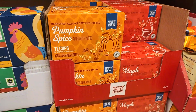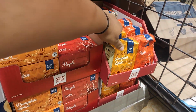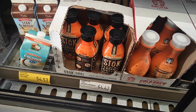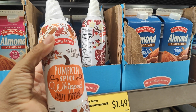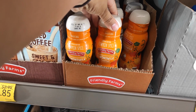So of course they have the K-Cups, and then they also have the ground coffee as well, which comes in both pumpkin spice and maple. And then they also did have the pumpkin spice cold brew coffees, as well as the Chobani coffee creamer. And they even had a pumpkin spice whipped cream, which I thought was really cool for making drinks at home. I was also able to find the pumpkin spice almond milk creamer